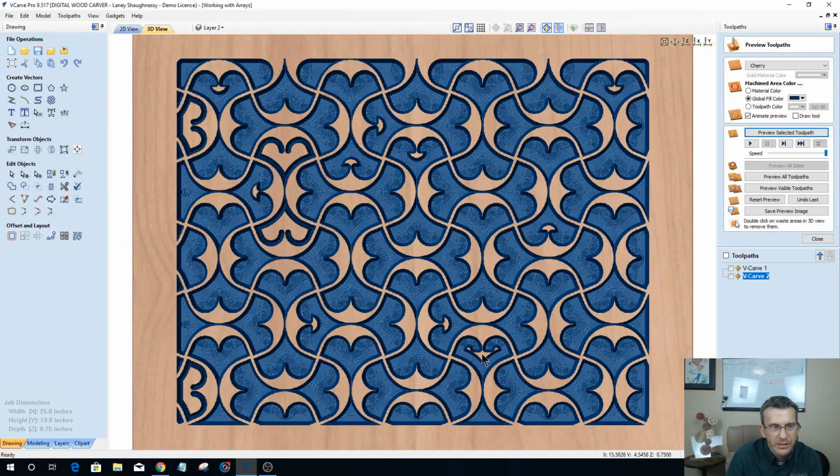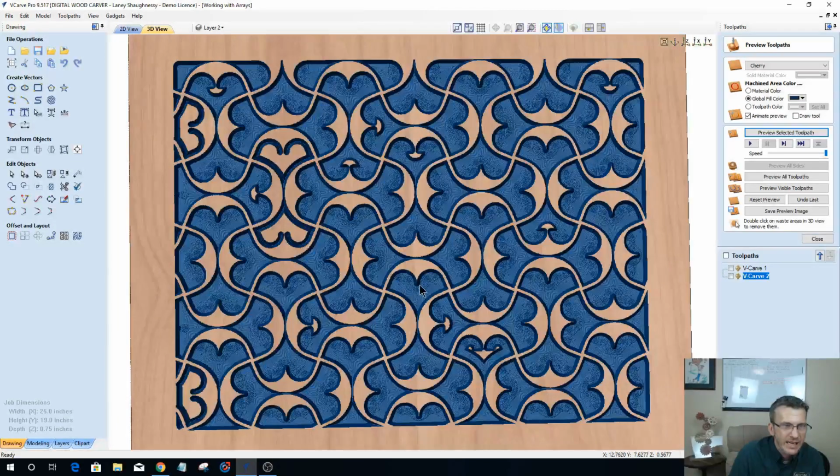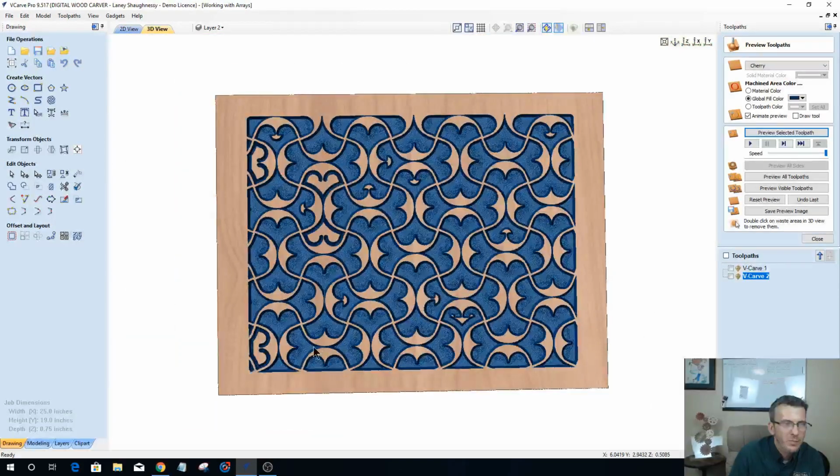So what I would probably do is go back to my original design and change the shape of that heart just ever so slightly to make my V not so long and narrow down there, because it's picking it up in certain areas and not others. But